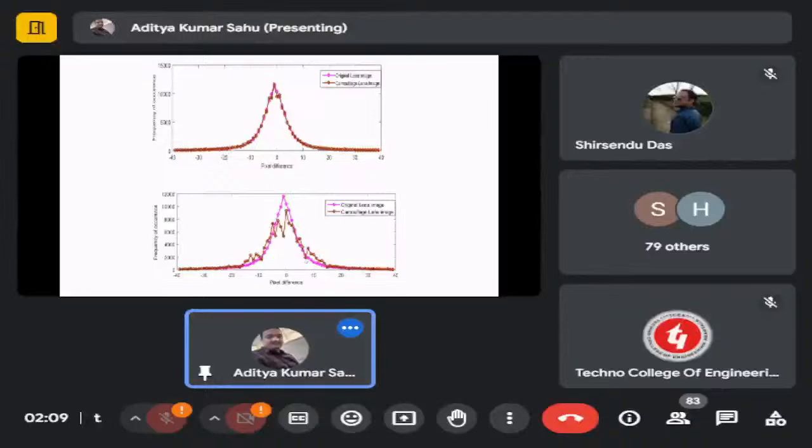Next, if we draw the plot for both the cover and original images, we would see two kinds of pictures. You can see there are two signals here. One is the original image, and the other is the stego image or camouflage image. In the first graph, you see both the images are overlapped with each other.